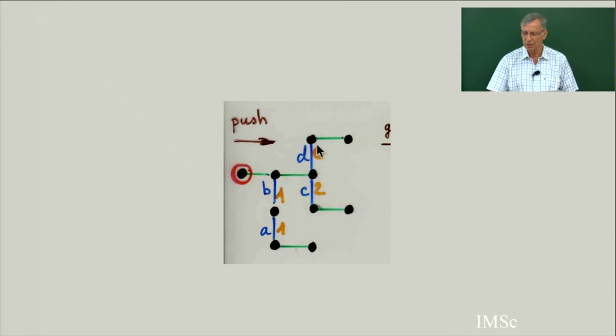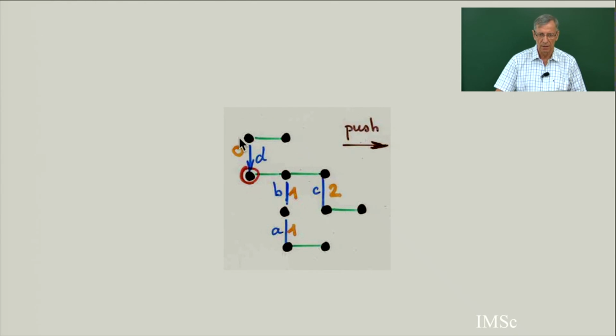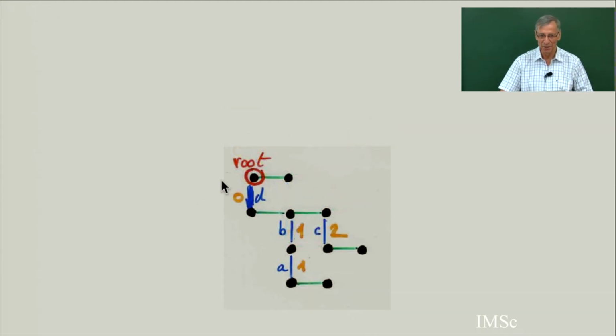This one should be at distance 0. So you glide it, and now you push. But pushing this means, in fact, nothing is going to change except that the red point is going to be here. This was the root of the growing tree. This was a part of the path, but pushing D makes exactly the same thing, and you get the root of the tree, and you get a binary tree.